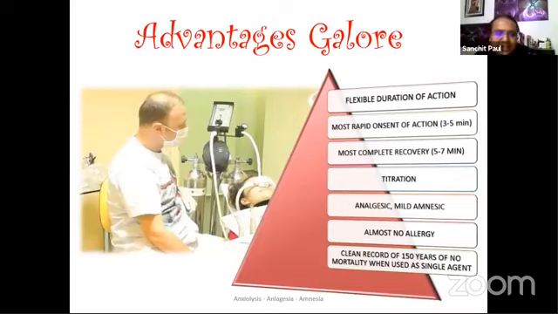Now we can safely say this is not possible with any of the pharmacological drugs which we use, or for that matter, anybody uses. Also, with this drug we can titrate. So wherever we feel we need to give more stimulus in the form of extractions, crowns, or something which requires more invasive treatment, we can go to a higher level, or we can go to a lower level where we feel the child can accept it. It is not only analgesic, but also mildly amnesic. It has almost no allergy.